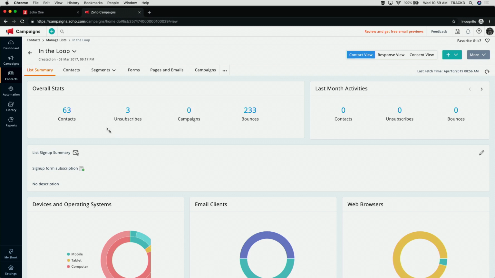So we have our lists here, and as we know, we can create segments within our lists. We can do all sorts of cool things. We can create forms that feed directly into those lists, and we can put those forms on our website. Marketing Hub is actually built by our campaigns team, and it's basically our big new marketing automation solution, okay? So you're going to be able to do even more crazy stuff with Marketing Hub. One of the things we'll be able to do is really bring everyone in through Marketing Hub directly into that system and make it a really good place to do that kind of marketing automation and move on.